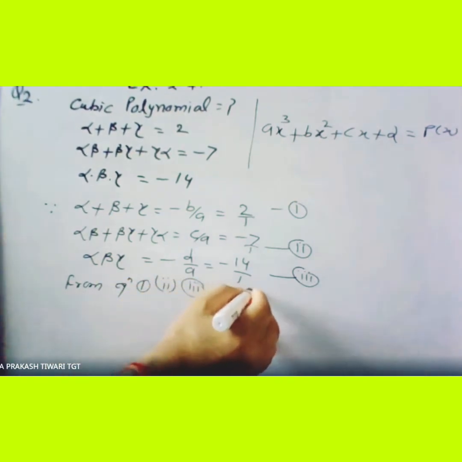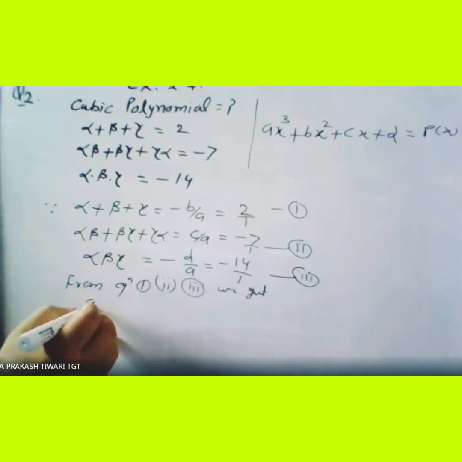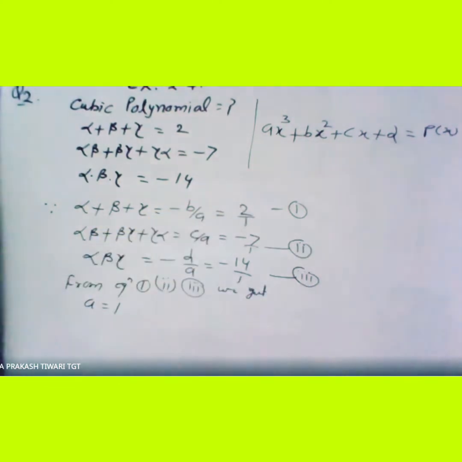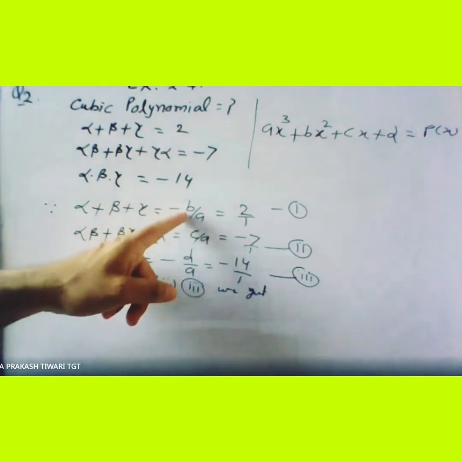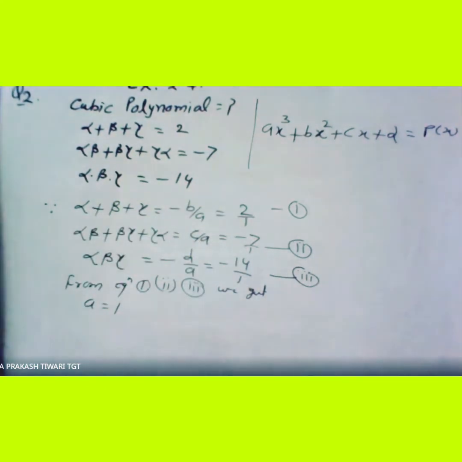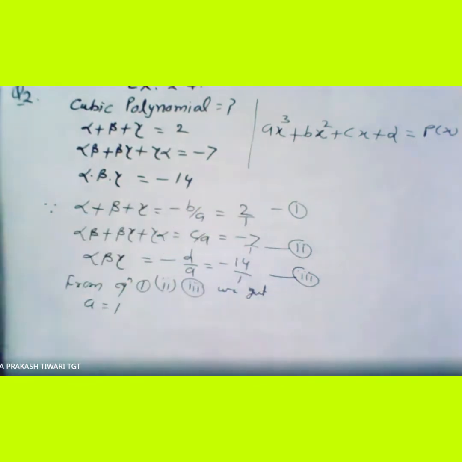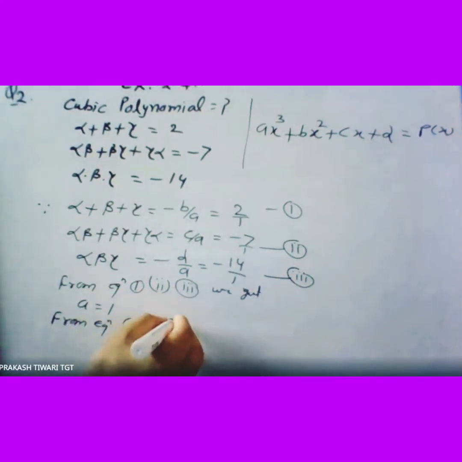We get a equal to 1. a equal to आपको मिल जाएगा 1. ठीक है, तो a का वैल्यू भी मिल गया. अब b का वैल्यू आप देखिएगा, b का वैल्यू कितना है, यहां पे लिखा है 2. ठीक है, और यहां पे है फॉर्मूला माइनस बी अपॉन ए, तो b का वैल्यू कितना हो जाएगा, कंपेयर करा लो यहां से. b का वैल्यू हो जाएगा डियर, अगर a का वैल्यू 1 है तो a यहां अगर आप 1 पुट कर दो तो b का वैल्यू कितना हो जाएगा, from minus b upon 1 equal to 2 upon 1.